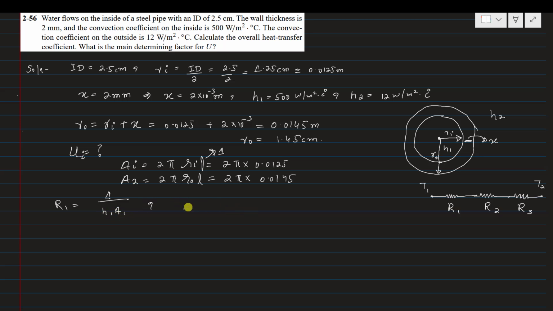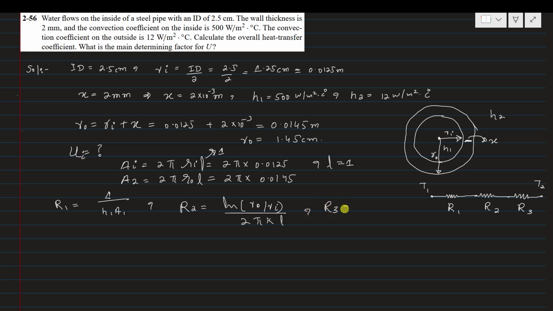R2 is the heat transfer that occurs in the wall of the pipe, in cylindrical coordinates. So we take the resistance for conduction, which is ln R naught divided by Ri, divided by 2 pi k L. Take L length as 1,